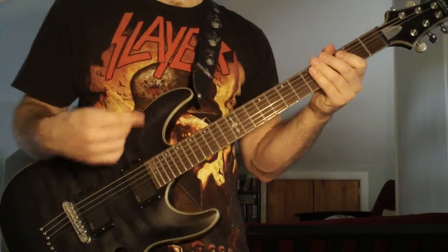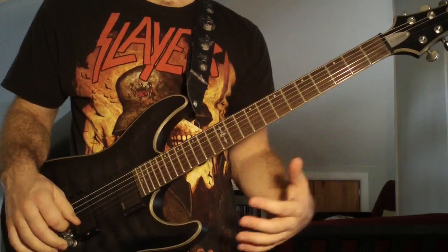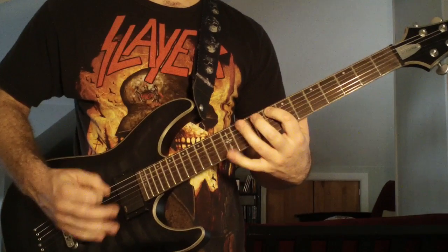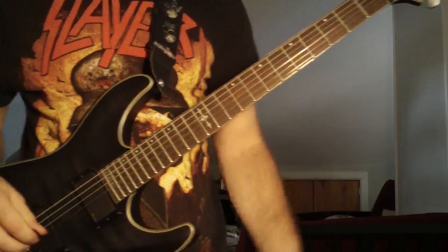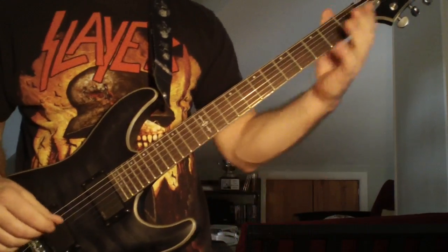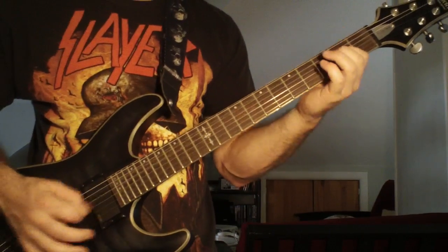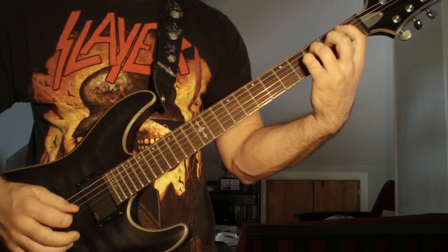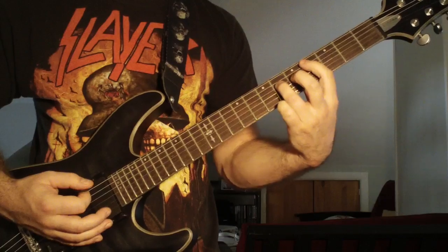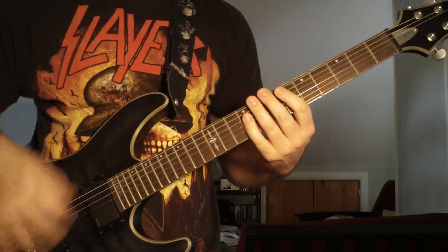Okay, so that's the main riff. That's what gets everybody's attention in the song. And then from there he's going to do that. Okay, and that's just a little tricky fill that he does, and it's actually pretty cool. So what you're going to do is the open 5th string power chord to the 1st fret power chord. And then you're going 4th fret to 5th fret, so it's open, 1, 4, 5,